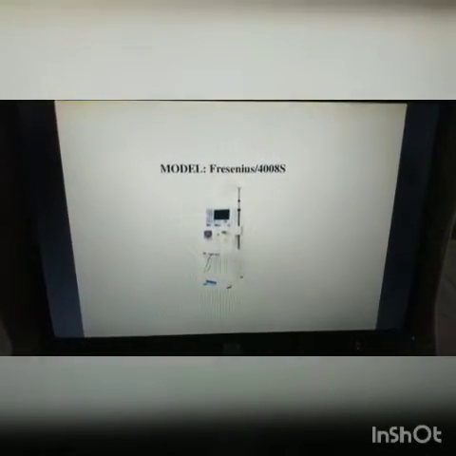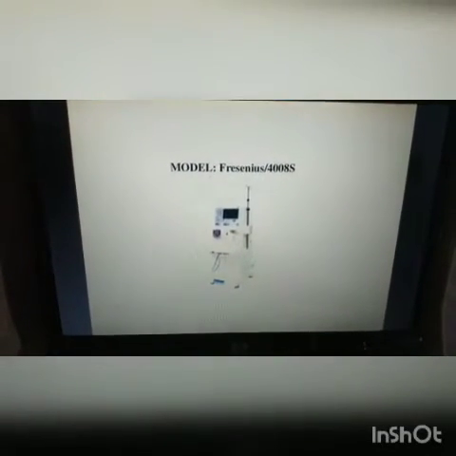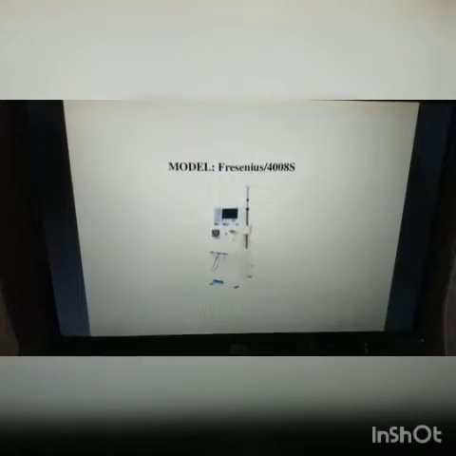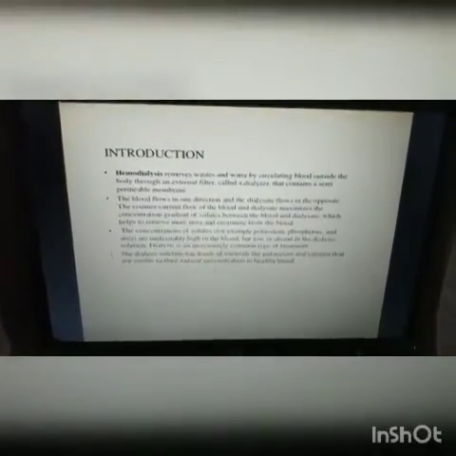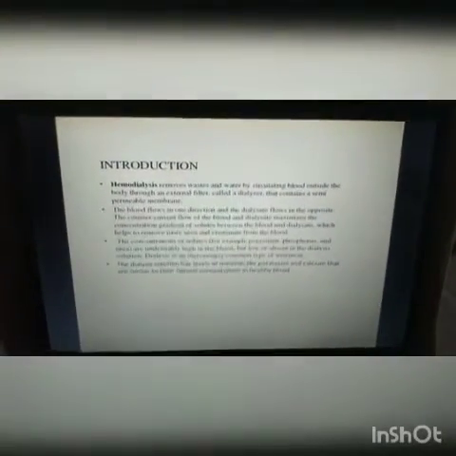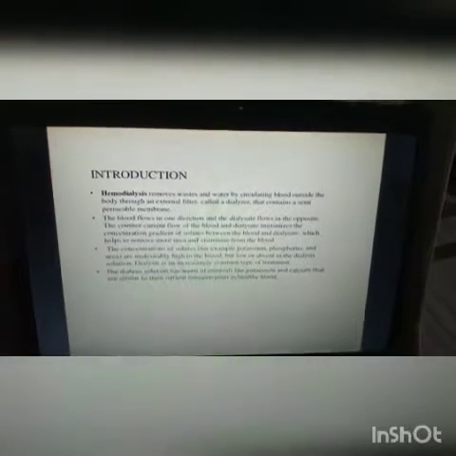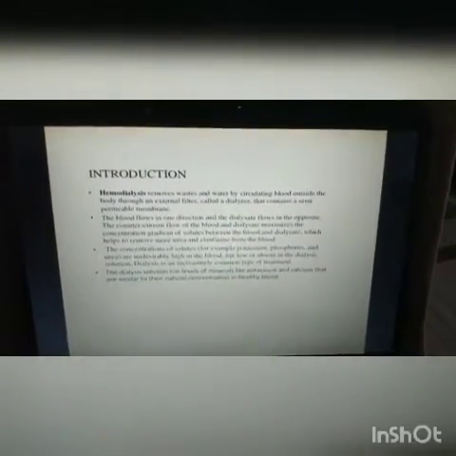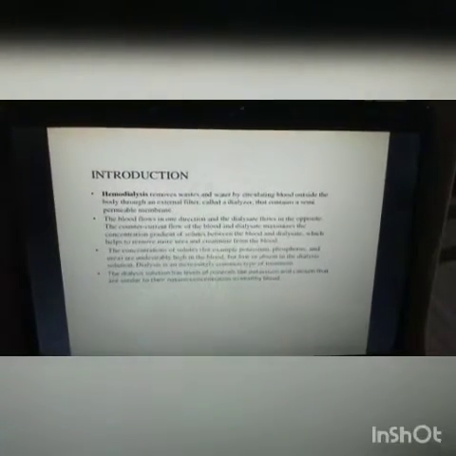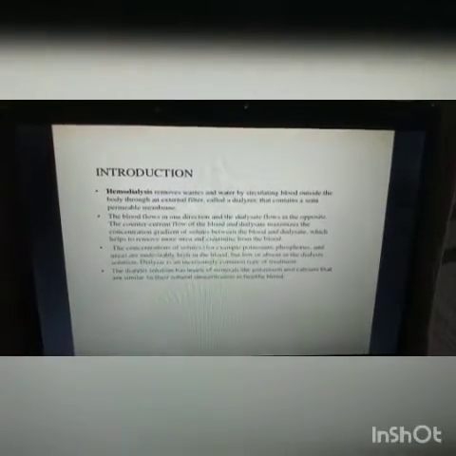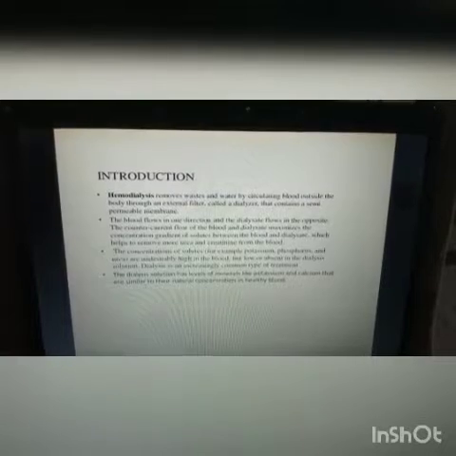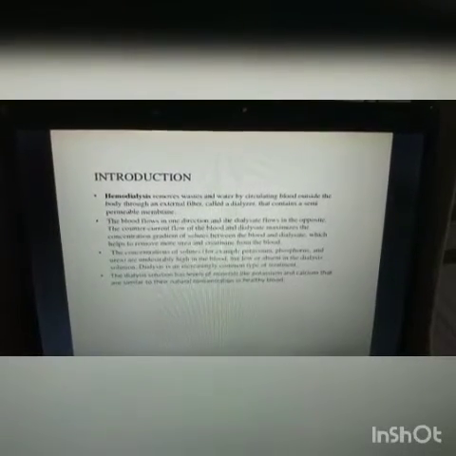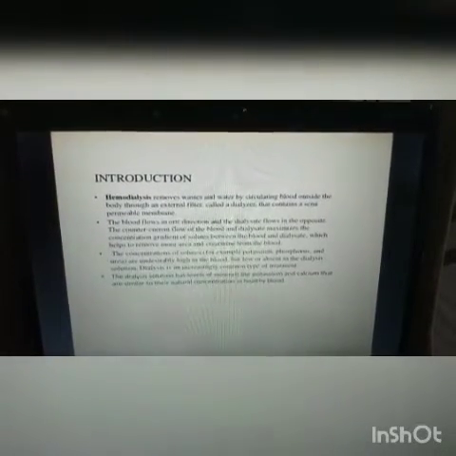Next, go to the procedures. Enter into the topics. First of all, introduction. Hemodialysis removes waste and water by circulating blood through an external filter called a dialyzer. It contains a semi-permeable membrane. The blood flows in one direction,